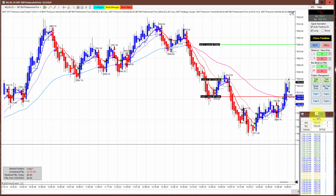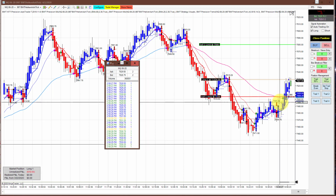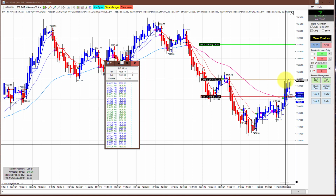My computer clock and my time and sales are not in sync. Time and sales is telling me it's 2:58, so we've got a couple of minutes. I'm basically front running the 30-minute bar here, but I think this is going to play out, because note all these bars are higher lows and higher highs. Hard to tell in the Heikin-Ashi, but